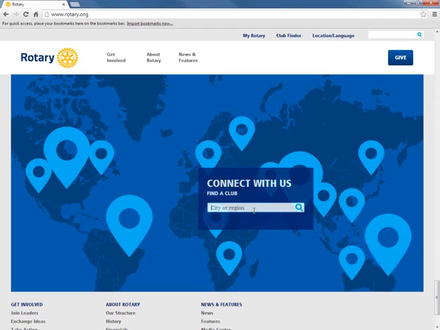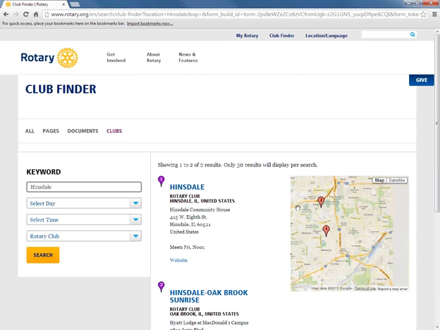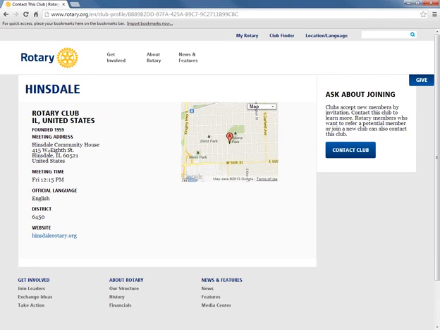And at the very end, as you've gone from the beginning of the story to the end, and you've learned about the organization, and you're interested in finding out more, we invite you to connect with us. Now, connecting with us does not mean that we're going to connect you with us here in Evanston. If I type in Hinsdale, which is a community near where I live, it returns clubs in my area. And I can click on Hinsdale and go to a club profile page that tells me exactly where they meet, what time they meet, even provides me direct access to that club's website. And most importantly, there's a link to contact the club.